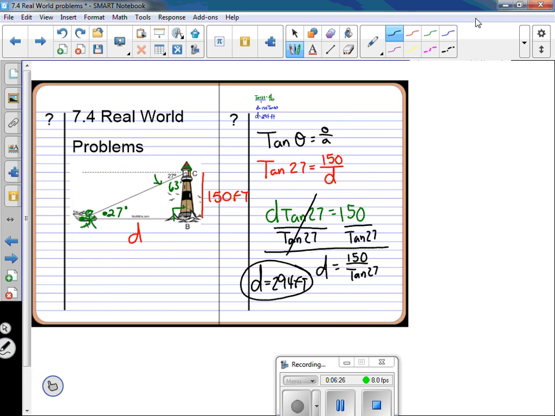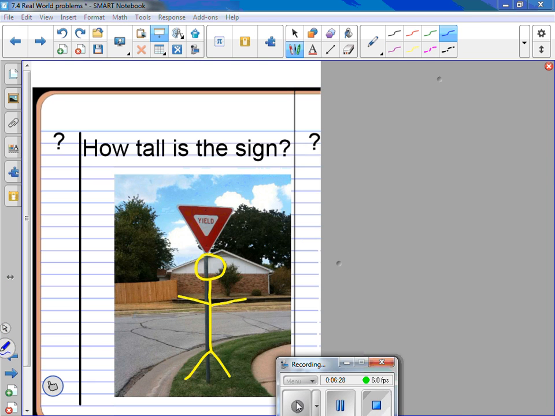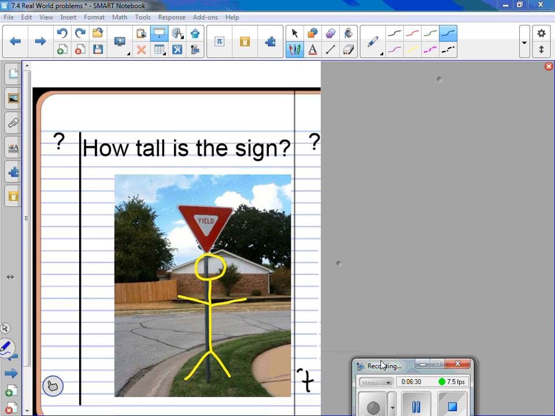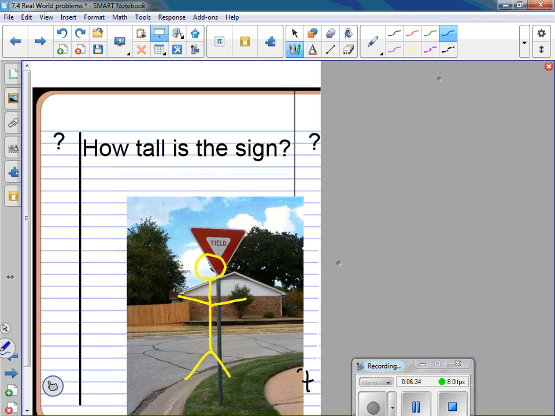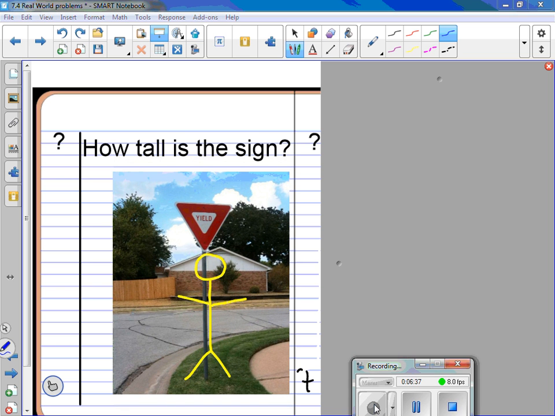All right, let's continue. All right, let's take a look at this real world problem. Here's a sign in my neighborhood. Now, I happen to know from some previous experience that these signs are,